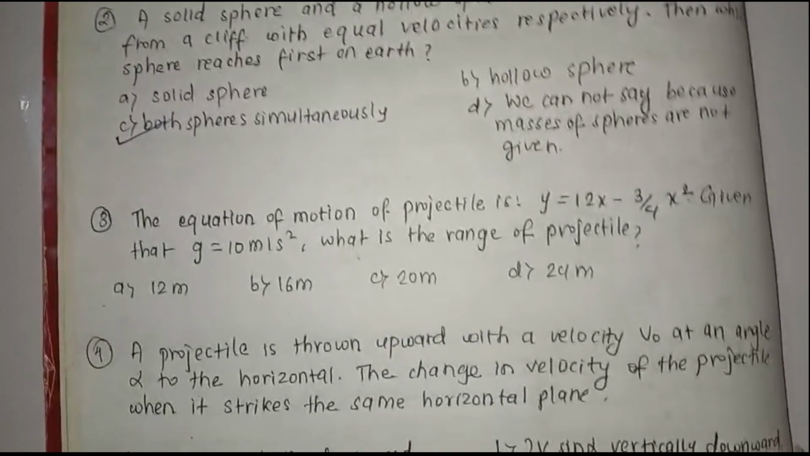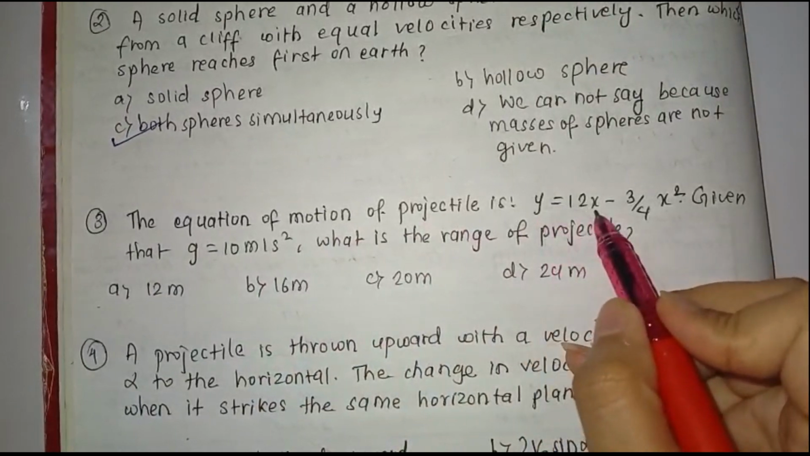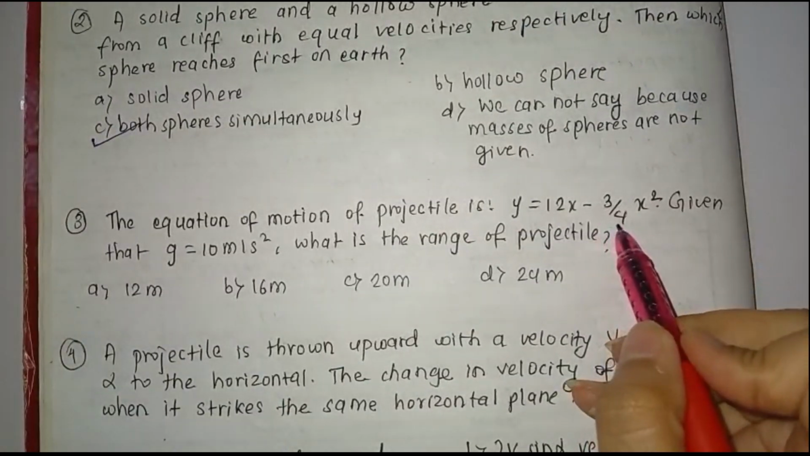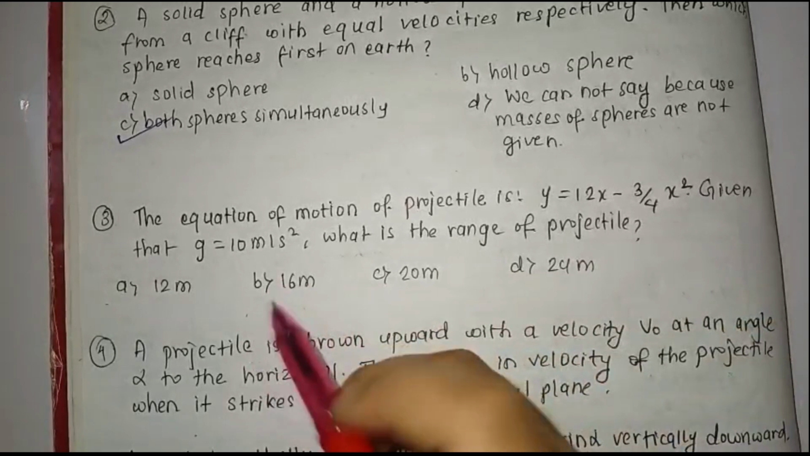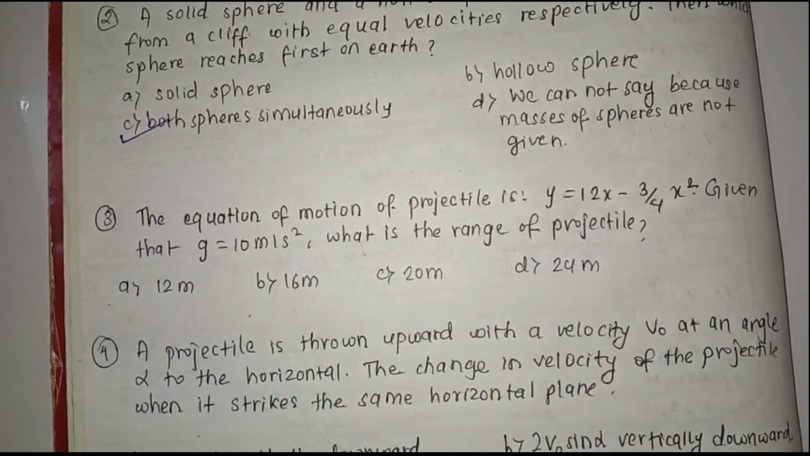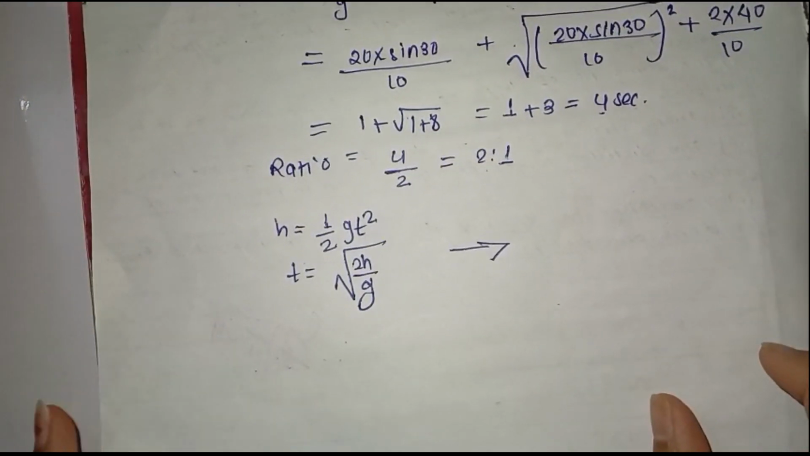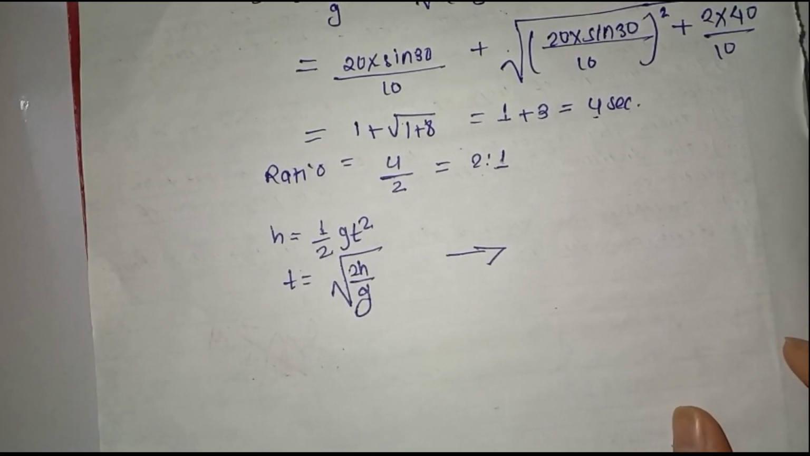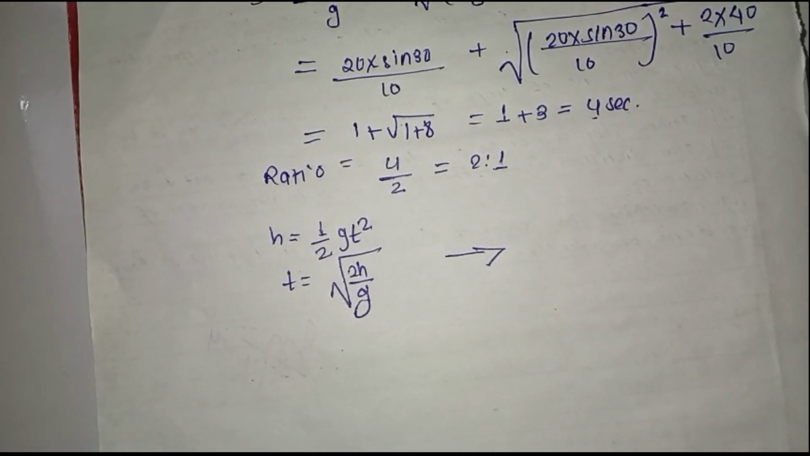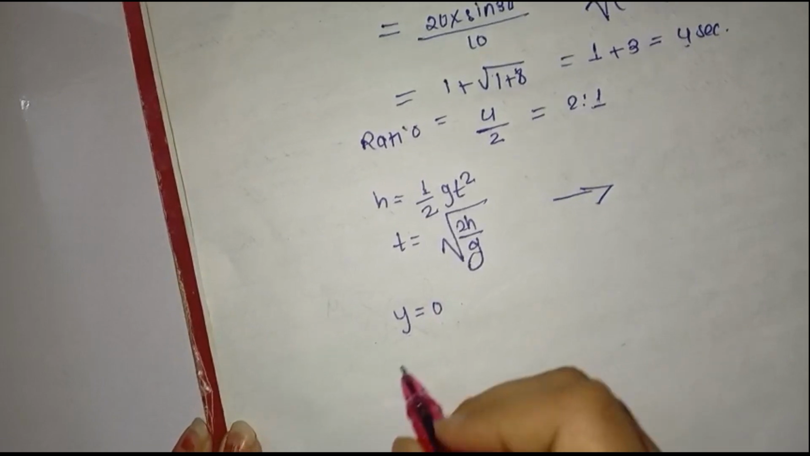Now for question number 3, let's see. The equation of motion of projectile is y is equal to 12x minus 3 upon 4x square. Given that g is equal to 10 meter per second square, what is the range of projectile? So for this, firstly, we need to find the range of projectile, that is horizontal distance where projectile hits the ground. Again, y is equal to 0. So, putting y is equal to 0 in the given